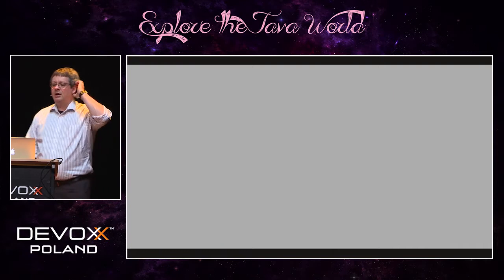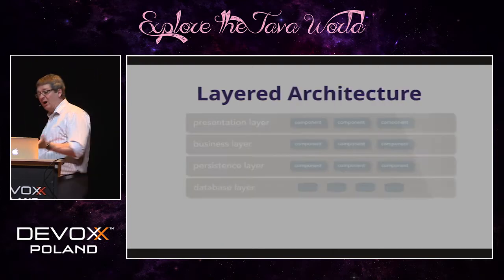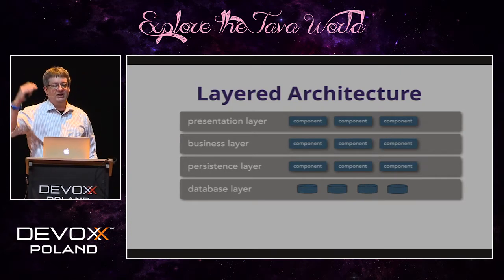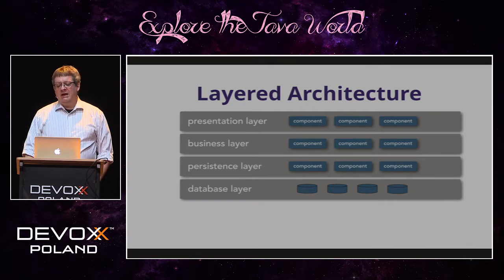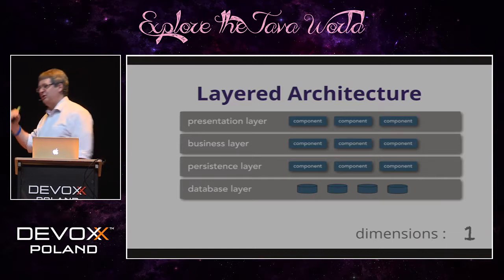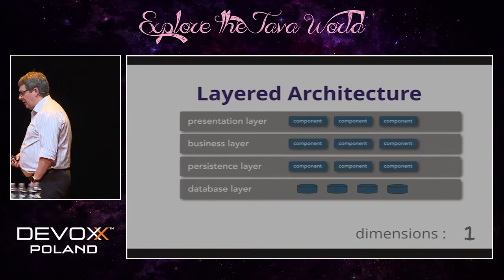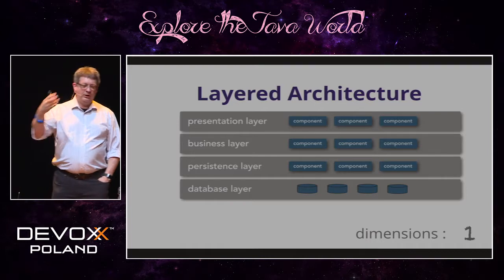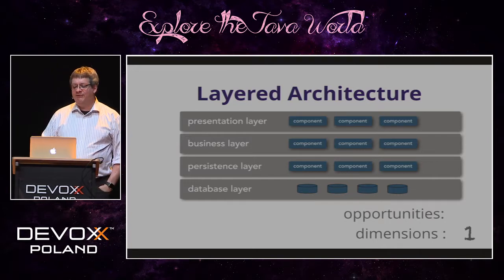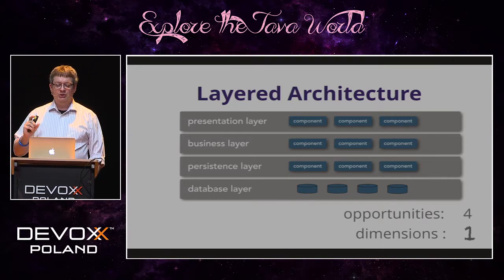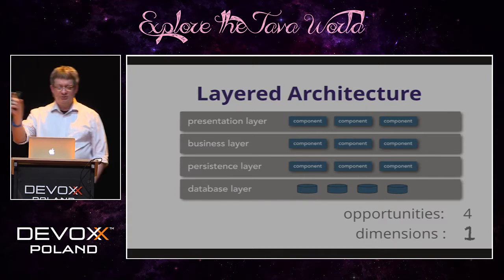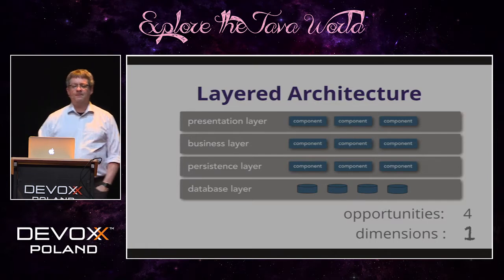And so let's look at a more traditional, more common kind of, in many ways, default architecture, the layered architecture. We break things down into presentation, business, etc. Here we have one dimension of evolvability, which is along the technical architecture dimension, because we can now swap out layers without having a huge ripple effect on the other parts of our architecture. Now notice I have 4 layers here, which means I have 4 opportunities for evolution, but all along the same dimension of evolution, which is along the technical architecture dimension of this piece of software.